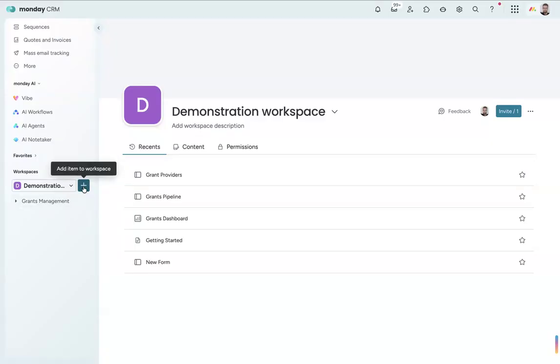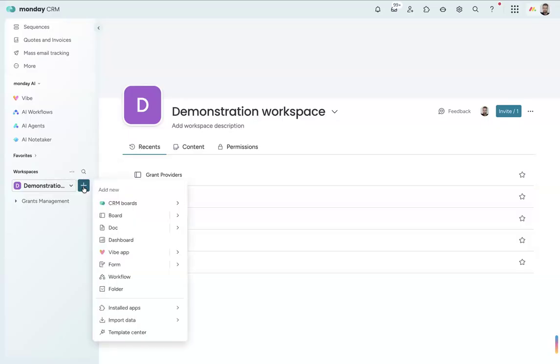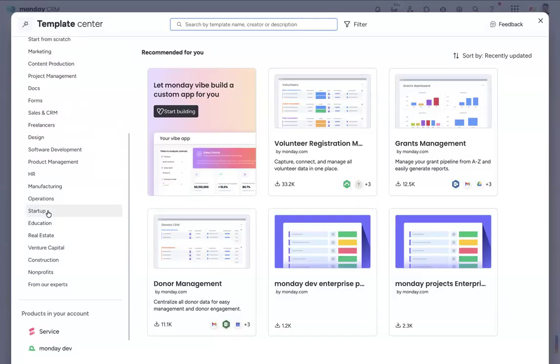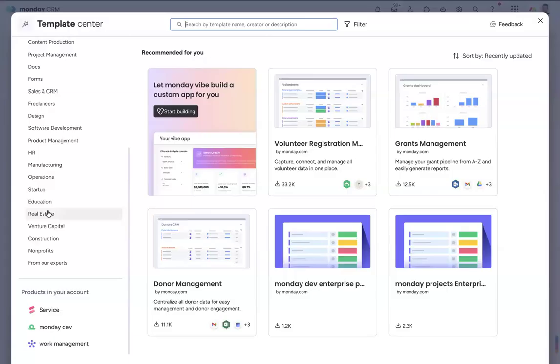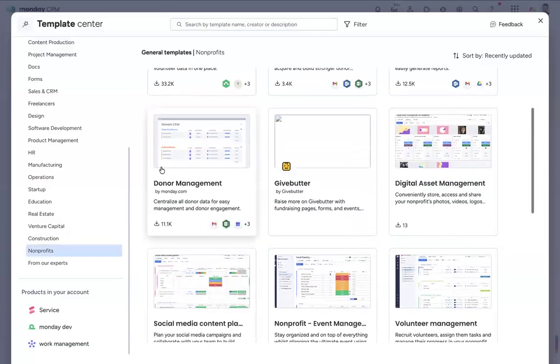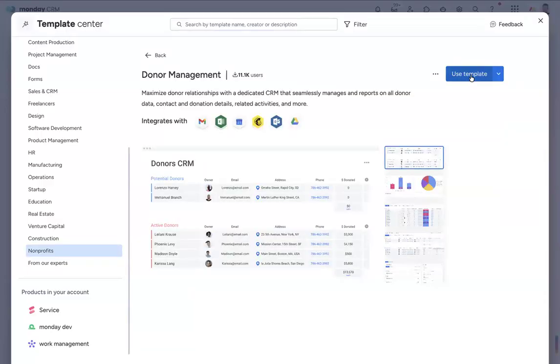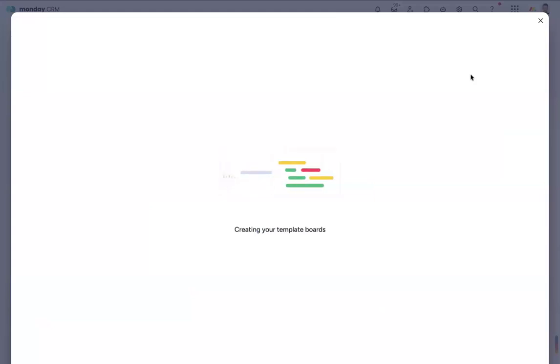But for managing donors, I'm going to click on the plus here. I could build something out from scratch. I could adapt the Monday CRM boards, which are really designed for sales. I could build something myself in AI, but we have already got a template. So what I'm going to suggest is we come down to the template center. While you're here, there are dozens of other cool templates. All of them are available for free. Download as many as you want, as many times as you want from any category. But in the nonprofit category, we're going to start by looking at this guy, donor management. So this is the one I recommend. And to download it, we just click here on Use Template.